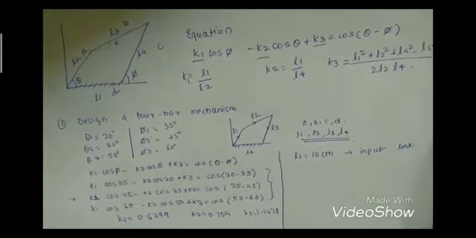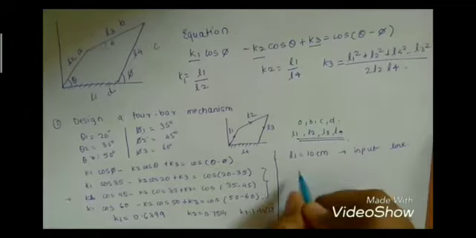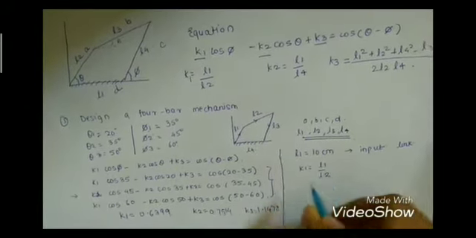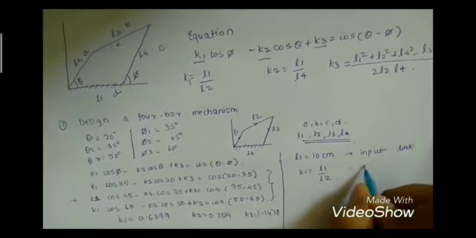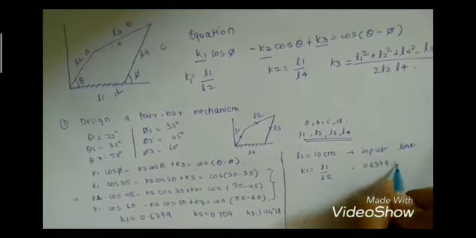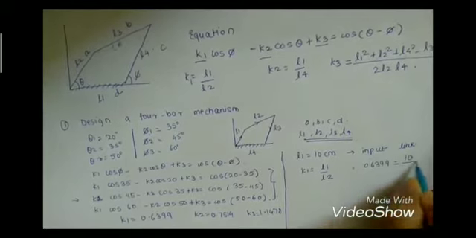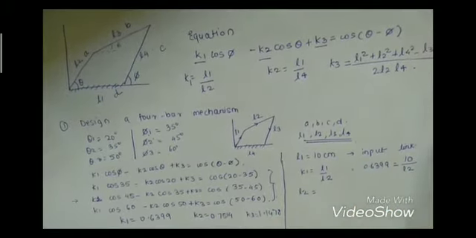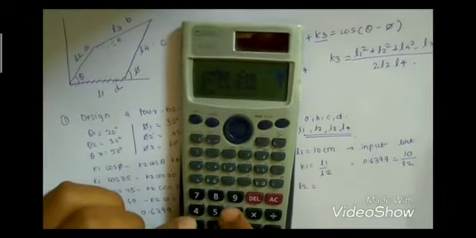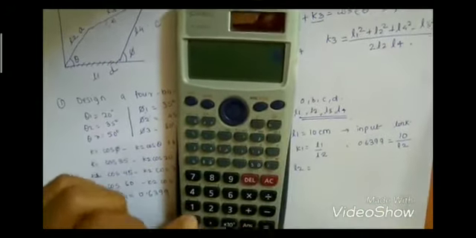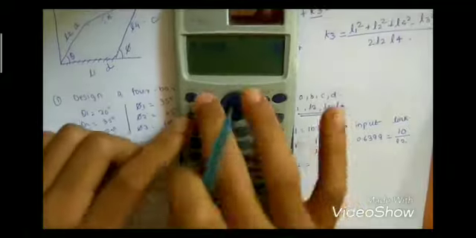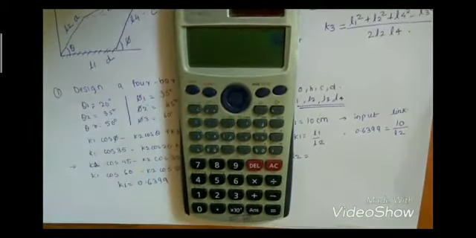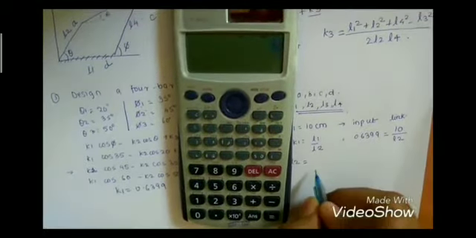So when we consider L1 as 10 centimeter, K1 is equal to L1 upon L2. We have K1, which is equal to 0.6399, is equal to 10 upon L2. So we'll be getting L2, 0.6399 is equal to 10 upon x, which will be approximately